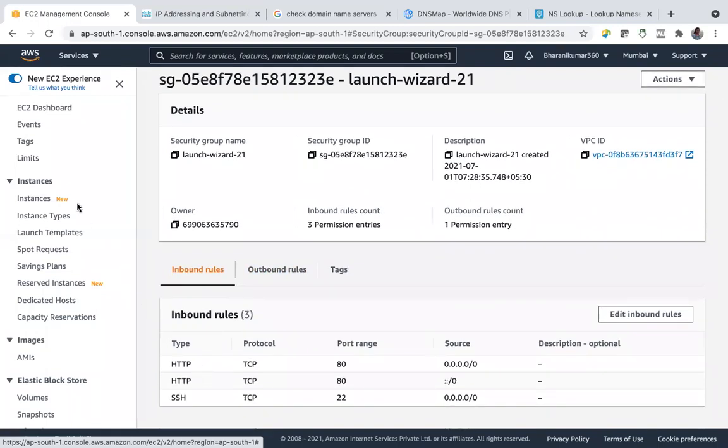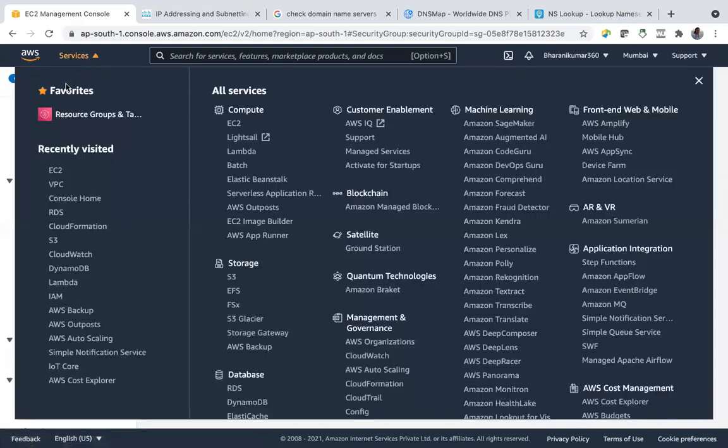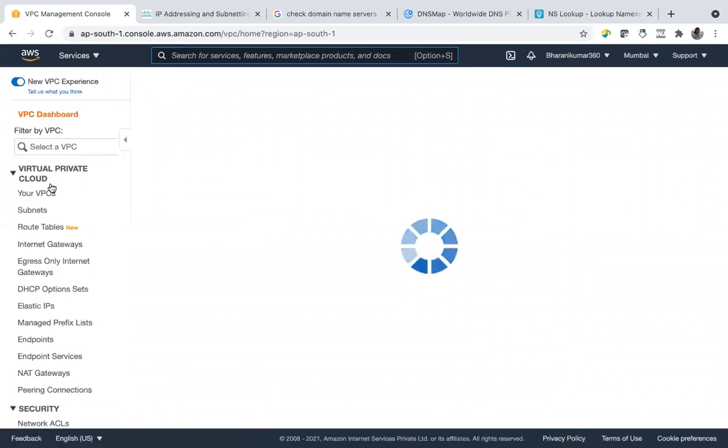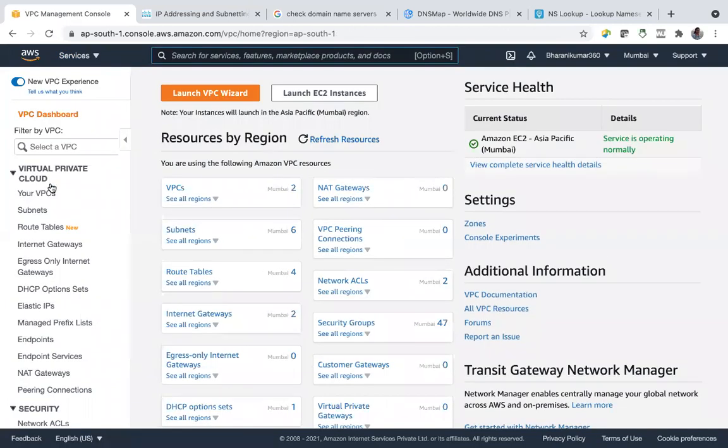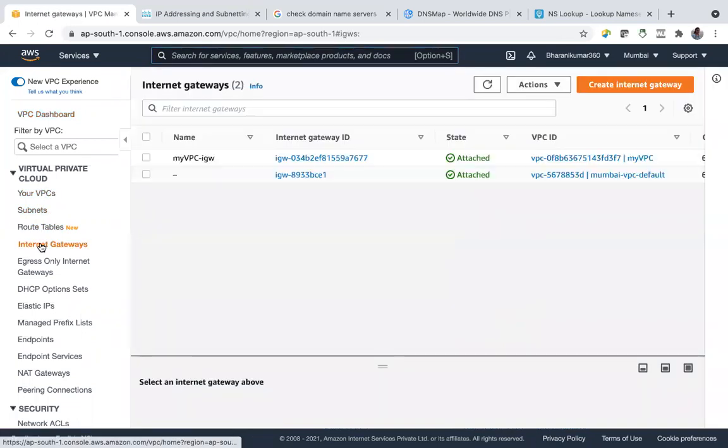And in the same way at VPC level, this is at instance level. We have created a virtual machine EC2, and at EC2 level, we call it a security group. This is our EC2 firewall, we can say. And at VPC level, we have created a VPC and added an internet gateway.